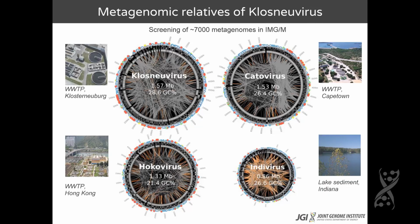One comes from a wastewater treatment plant in Cape Town. We denote it as Catovirus, and it has a similar genome size as Klosner-virus. And another virus came from a wastewater treatment plant in Hong Kong. We call it Hokkovirus, and it has a slightly smaller genome and a bit lower GC content, actually the lowest GC content of any giant virus known to date. And then we have a comparably smaller giant virus, Indyvirus, which comes from a lake sediment from a lake in Indiana. And altogether, we denote this novel group of giant viruses as Klosner-viruses, and we then place them in a